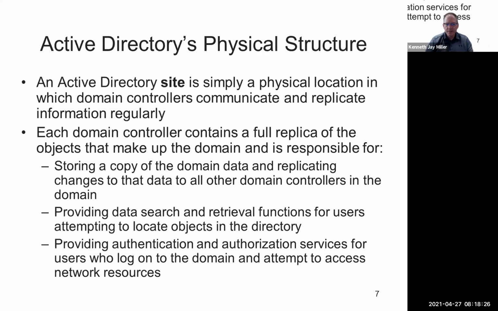One can be text, another one could be a picture, another one could be an executable, another one could be a policy or a script. So a table can contain all kinds of information. And Active Directory is really just a big database that contains all the information of our network, what's on our network. Okay, so each domain controller has a full copy of that database or of the objects that make up